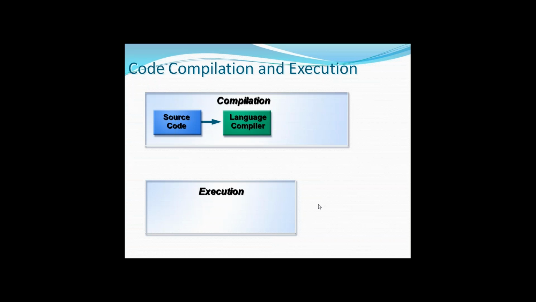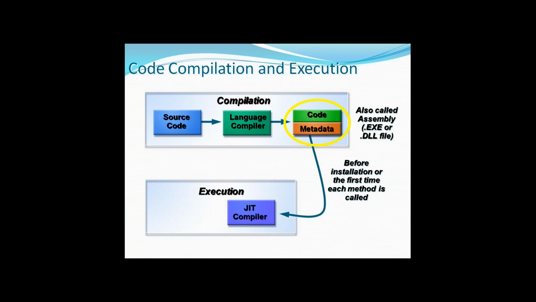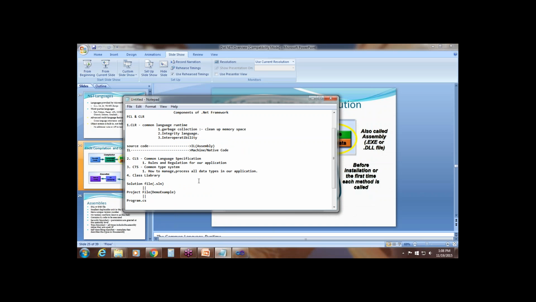So source code is converted into MSIL. This is nothing but intermediate code, by using the CSC compiler, the C Sharp compiler. For example, if we have a different language like C++, at that time we use a C++ compiler. J Sharp uses a J Sharp compiler. So MSIL is nothing but a collection of code and the metadata. After you get the IL language, it should be converted into native code by using a JIT compiler. I just show you over here. Fine. So source code is converted into IL by using,